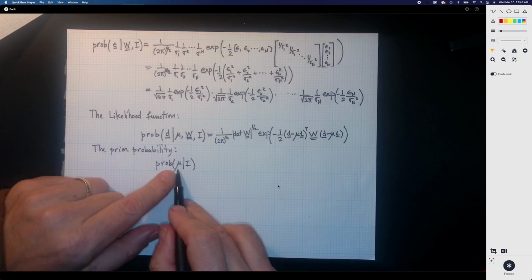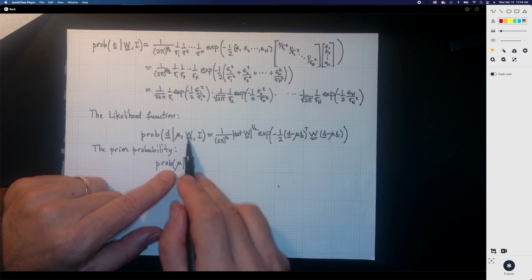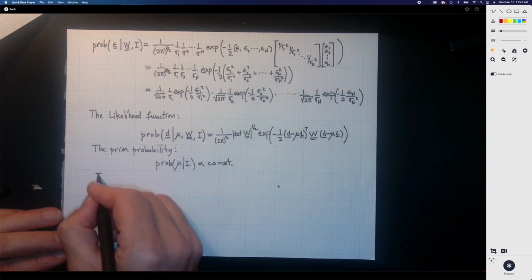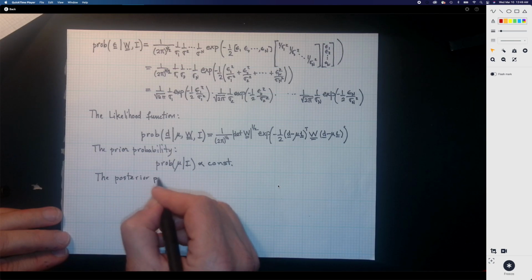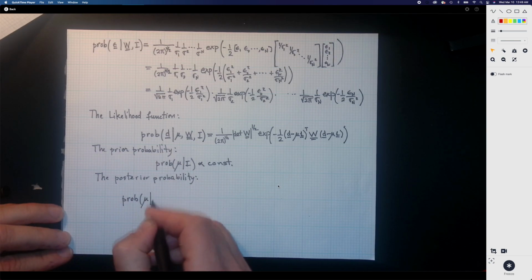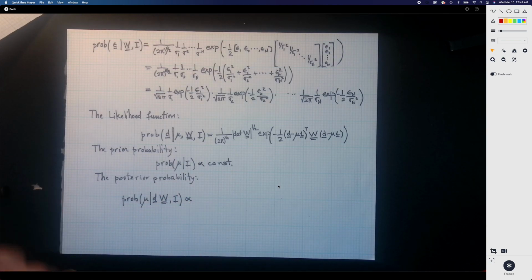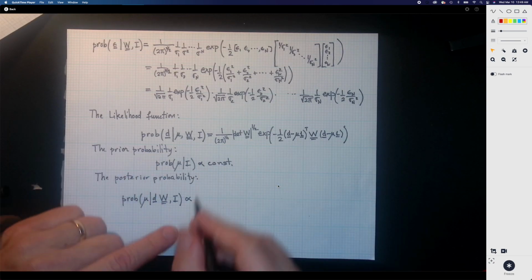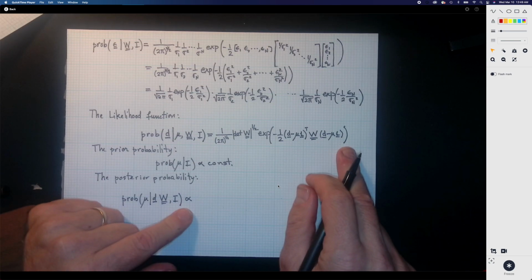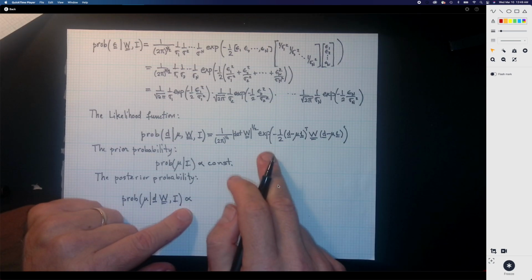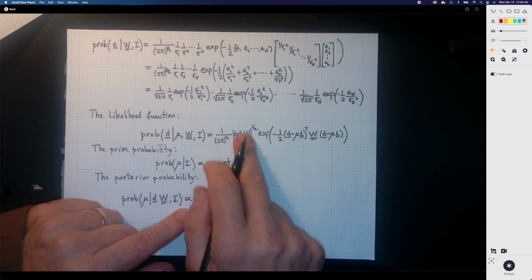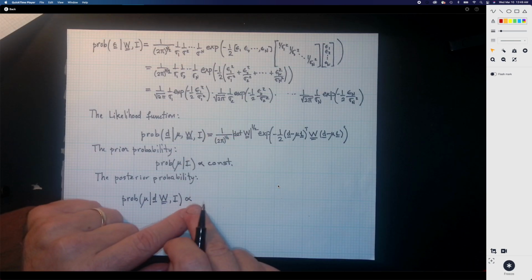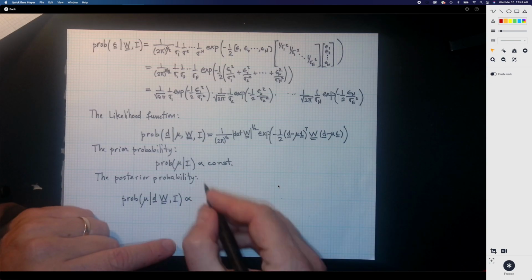We have just one parameter, mu. Remember the w, the precision, is known. So the posterior is going to be the product of the prior and the likelihood, which is going to be proportional to this quantity. Now all that matters is terms that depend on mu, so the determinant of w does not depend on mu, so that's just going to be folded into the constant. And so all we're left with is